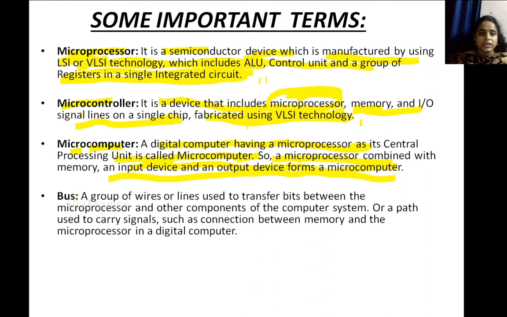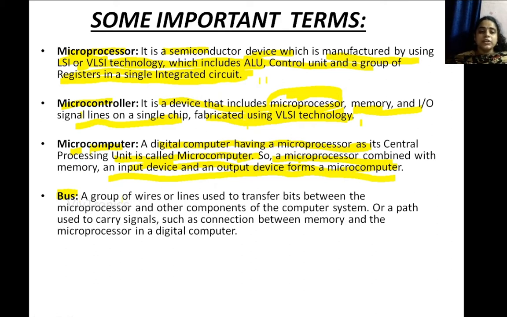Next one is bus. So, what is a bus? Generally we call a bus a mode of transport. A bus takes us from one place to another, that means from source to destination. If you want to go to place B from place A, place B is your destination and place A is your source. A bus takes a person from place A to place B. Likewise, a bus in a microprocessor or in any digital system does a similar operation. It carries information from one point to another point.